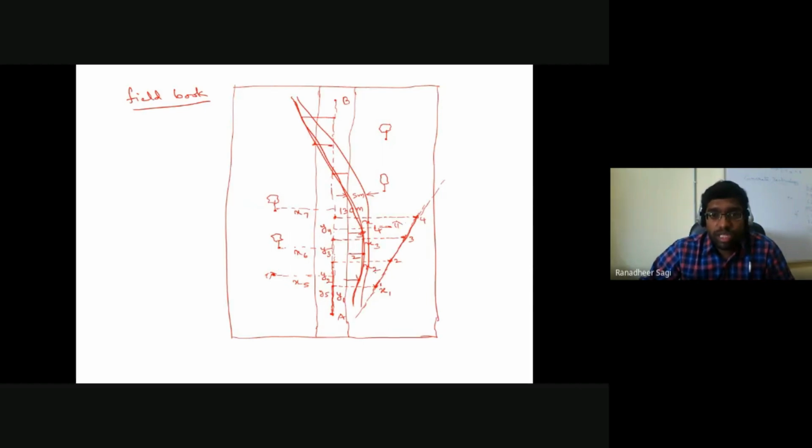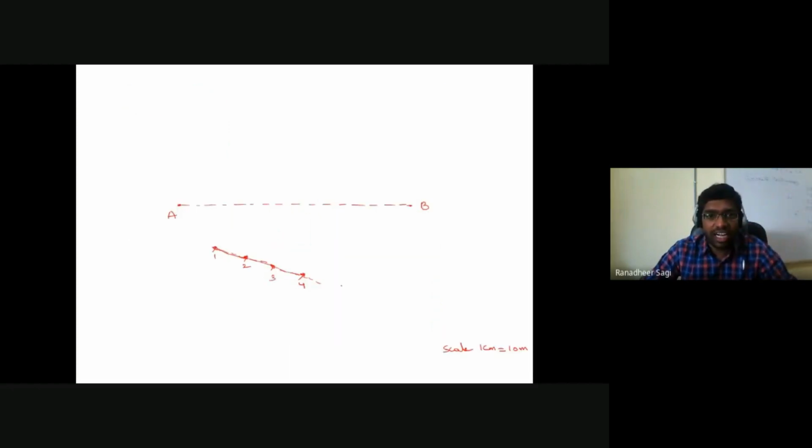Next, what else do I have after the 4 poles? To the left of your survey line AB, you have what is called a house, at a chainage distance of y1 for a corresponding offset distance of x5. You have one house. Likewise, I have another tree, I have another tree, and so on.